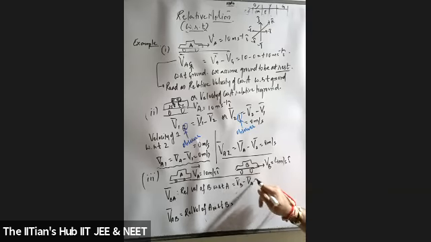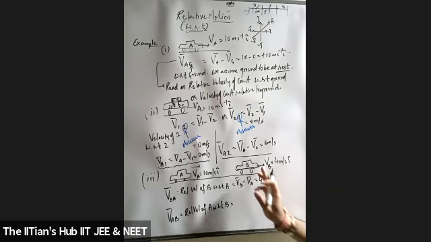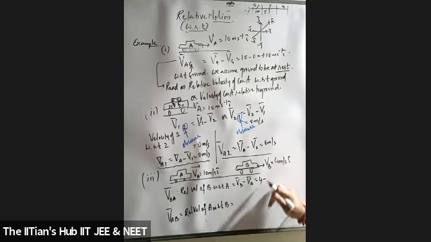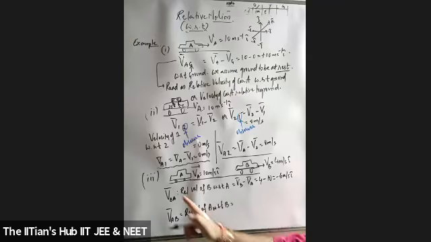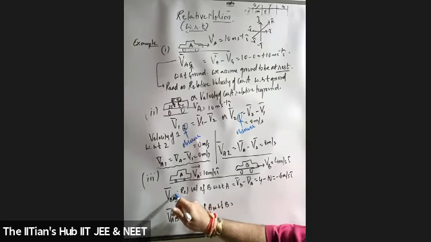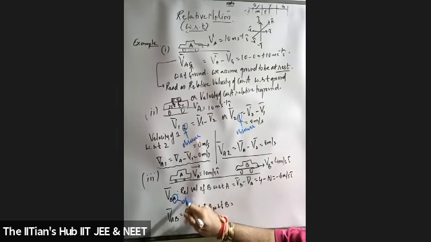So what is velocity of B? 4 i cap. Are they in the same direction? Yes, sir. Okay. So there has to be a positive sign itself only, but relative will mean something different, so 4 minus 10. So what's my answer? Minus 6 meter per second. Now over here, who's the observer? Tell me, who is the observer here? A. So what will A say? According to you, what exactly will observer A say?